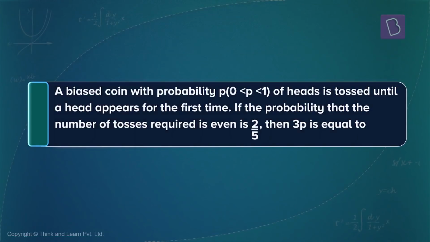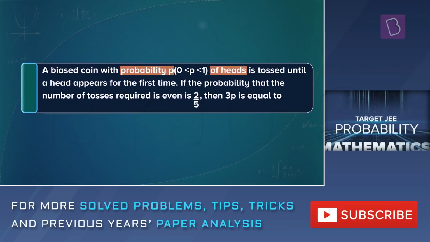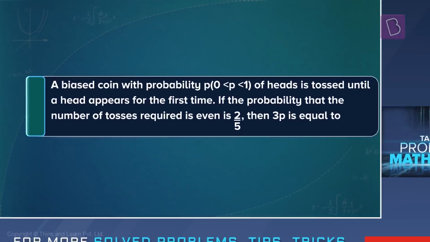In this question, we've been given a biased coin. Remember, a biased coin does not have probability of head equal to half or the probability of tail equal to half. It will not be that case. So they've given us that the probability of head in this particular coin is some quantity P, and that quantity P is between 0 and 1. Wow, that wasn't a great piece of information, right? Because every probability has to lie between 0 and 1.